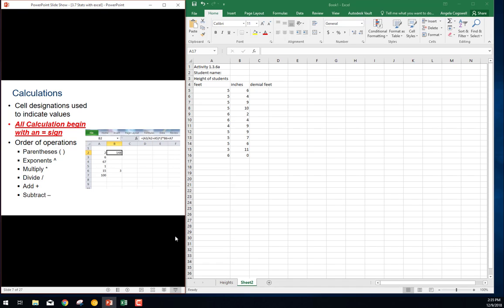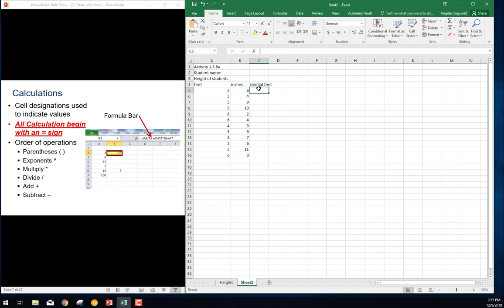So you have to write your formulas following those rules so that the correct calculation will occur. Now we want to figure out what the formula for decimal feet is, and we're going to put that information right here in this cell. So I'm going to go ahead and click there. I'm going to advance the PowerPoint here. It's telling you this is where we're going to put our calculation, and up here is your formula